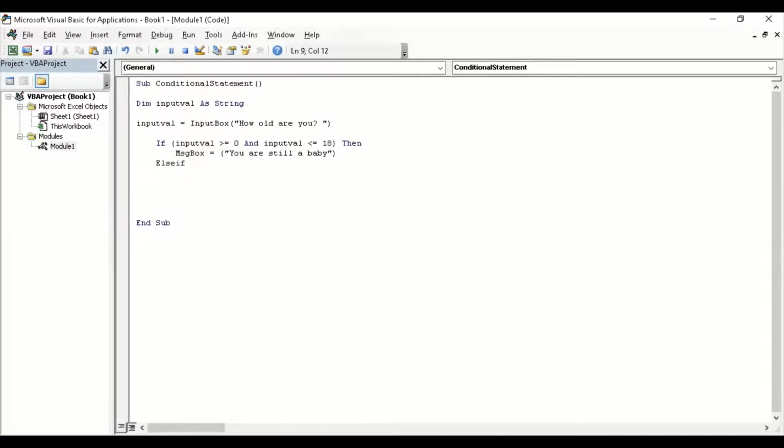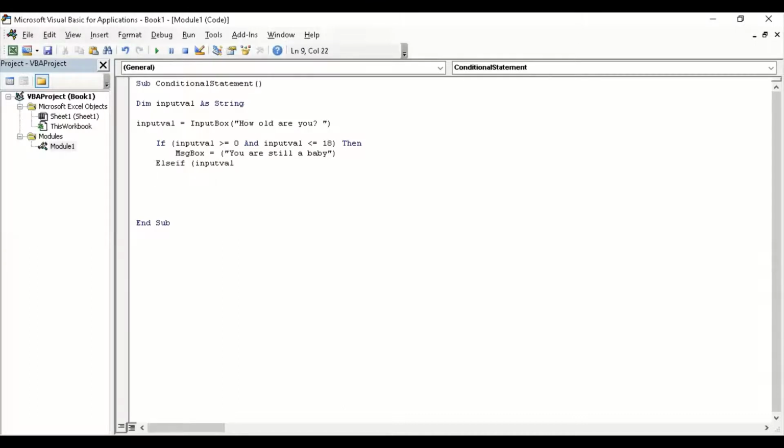Because, for example, the user would enter 45 or 60 or 100 or 101, something like that, or -1. It will not satisfy. What would happen? That's why, as a programmer, you need to think logically. Then, now, else if, we will be using again that variable input